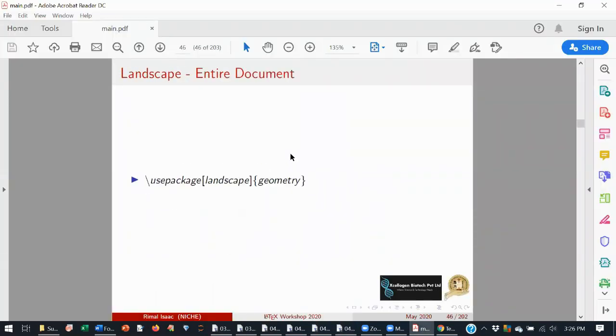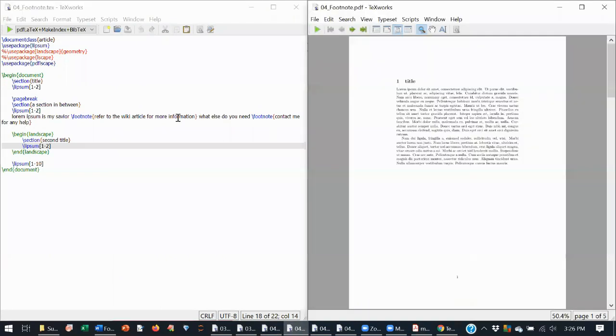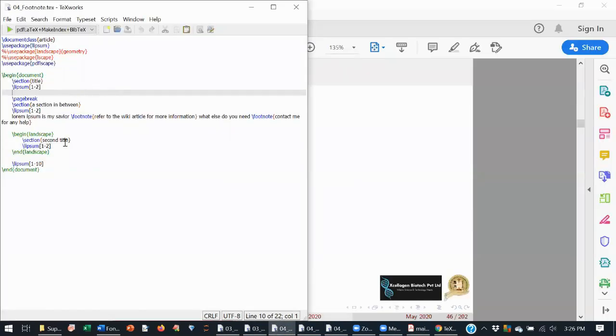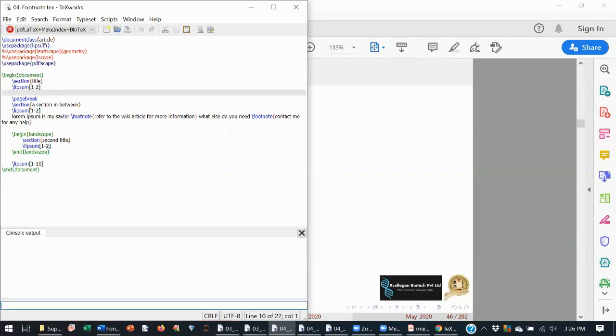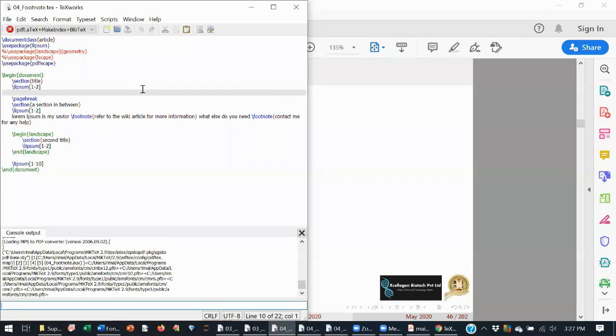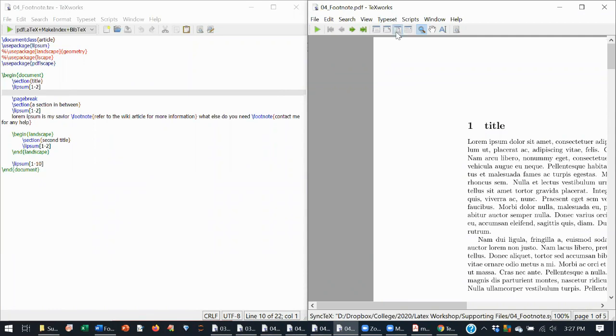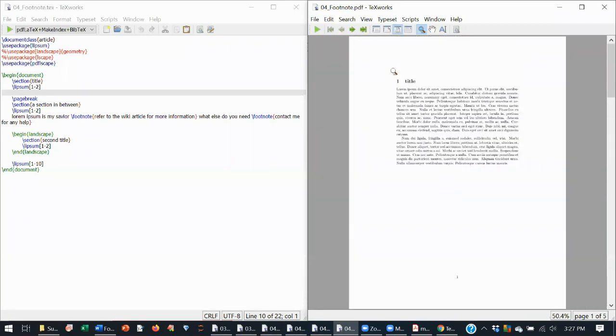And some doubts were there, like how to create a document in landscape and portrait mode. That also will be defined by the package geometry. So you have this document, and I will remove everything.